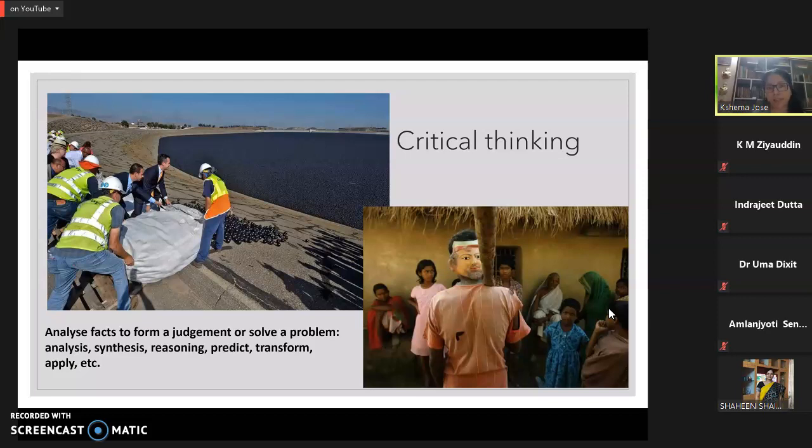Am I saying critical thinking is developed only in the online format? No. Many times we develop critical thinking skills in the face-to-face classroom too. We are talking about how this can be developed using Web 2.0 tools. Now, the example that I've given here is in the Sundarbans forest. I don't know how many of you have read about this, but there's this group of tribal hunters who used to go out